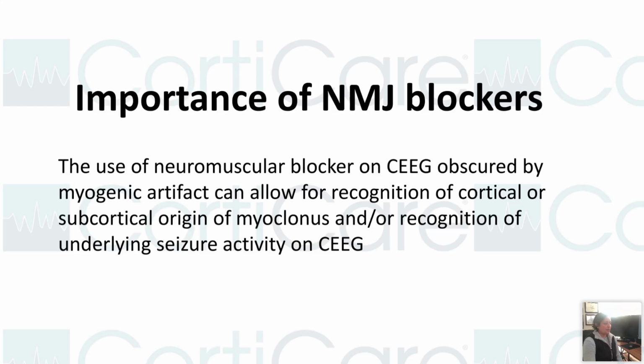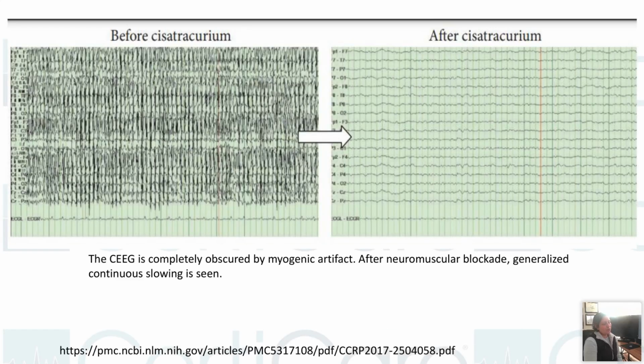Let's look at the picture here instead of reading this. Here is a patient where the continuous EEG is completely masked by myogenic effect. Patient is having myoclonus jerks, so it can purely look like the patient is in myoclonic status. After the neuromuscular junction blocker is given, you can see the patient has a near normal background, mild slowing, delta theta rhythms. There are no epileptiform discharges here. There is nothing epileptic in this.